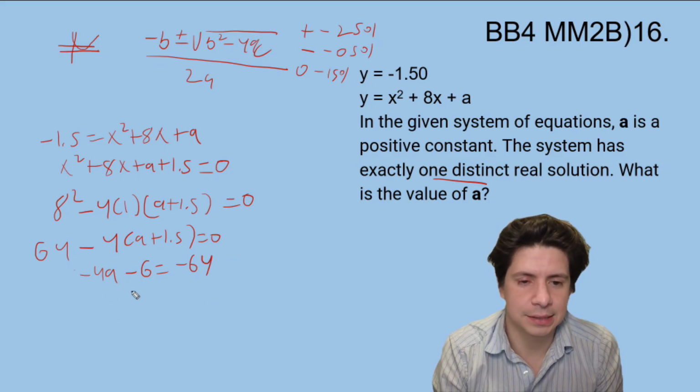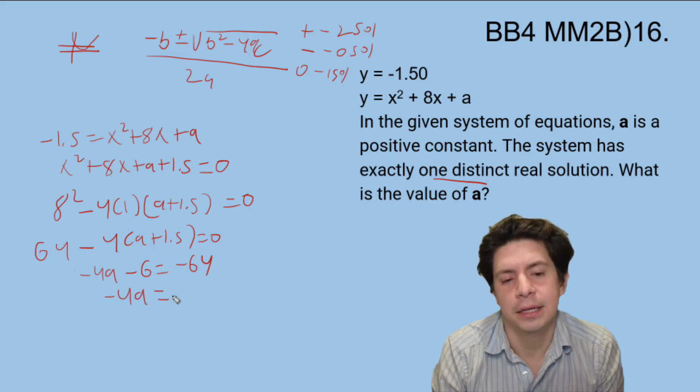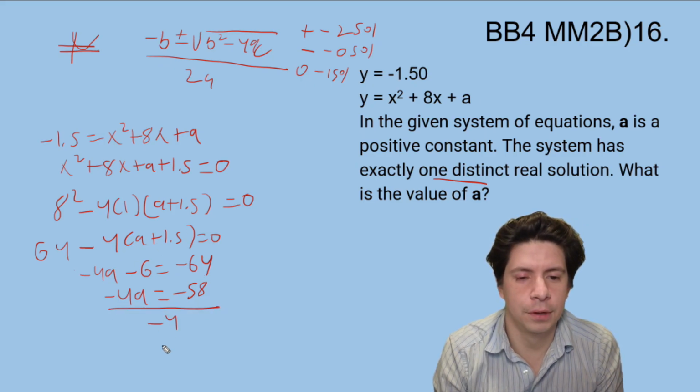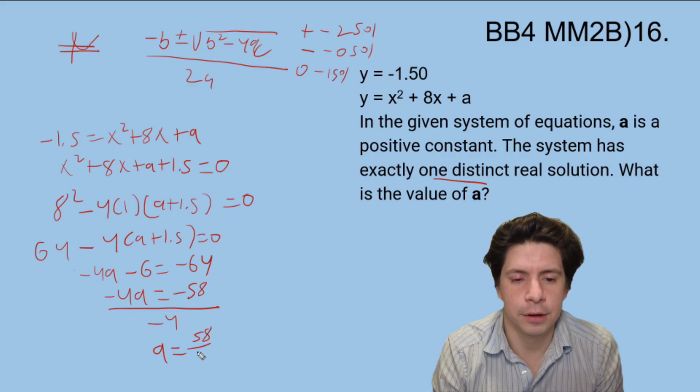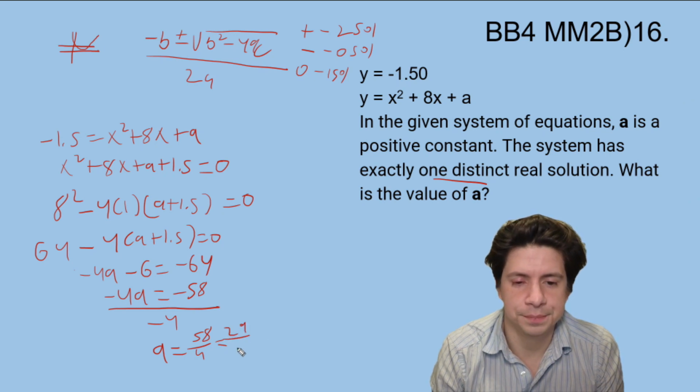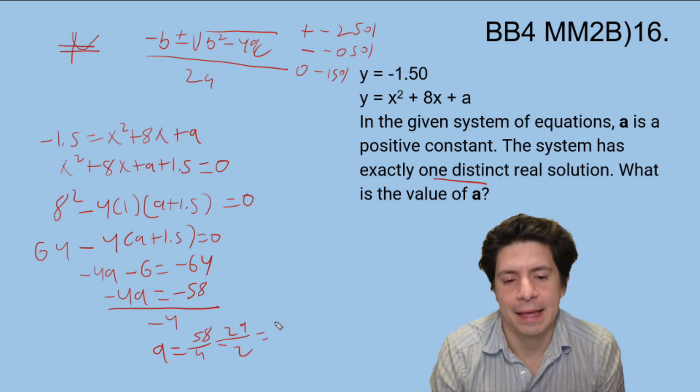When we add the 6, we're going to get negative 58. So negative 4a equals negative 58. And then we're going to divide by negative 4. And a equals 58 over 4, which is 29 over 2, which is